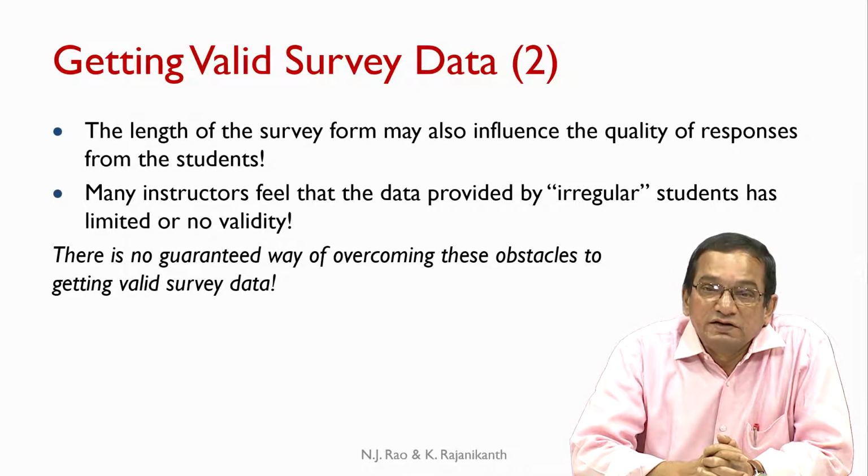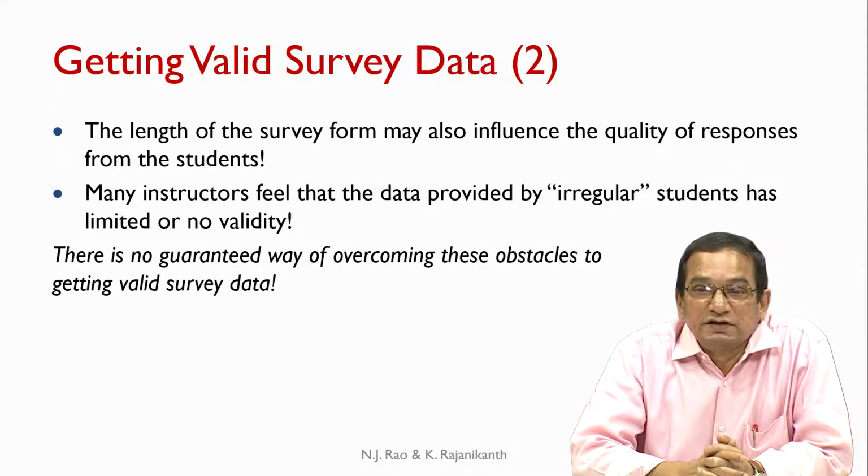But attendance, probably yes. If the institute, the department or the instructor strongly feels about it, they could stipulate that a certain minimum percentage of attendance is necessary before the student is allowed to participate in the